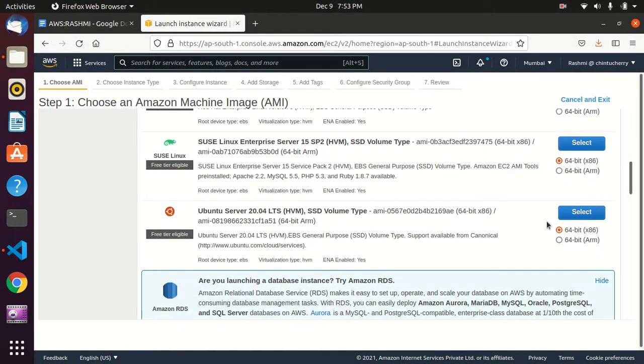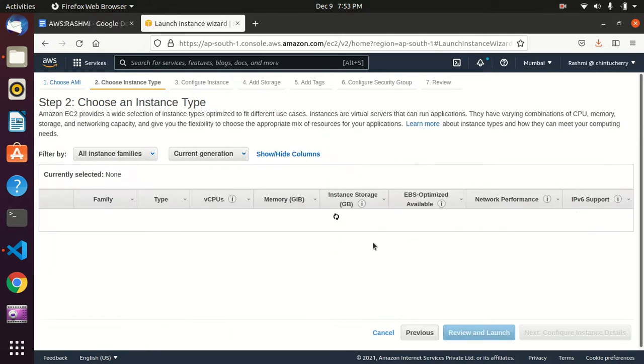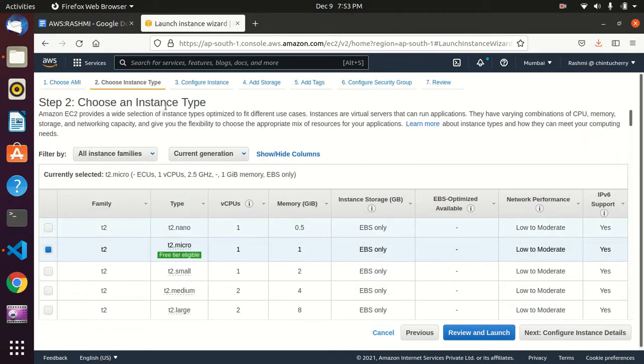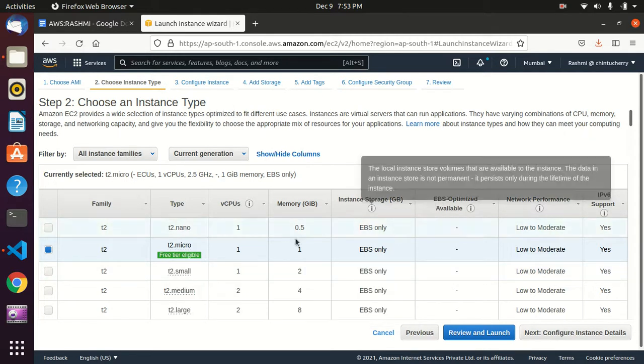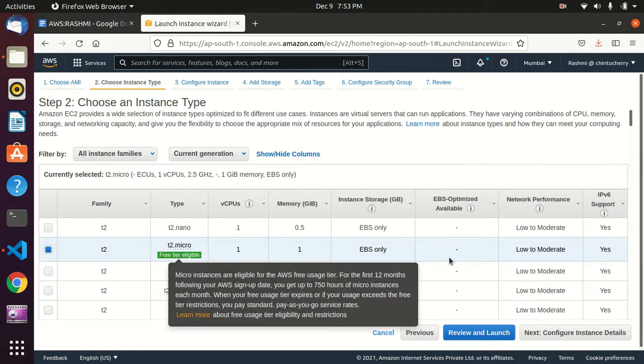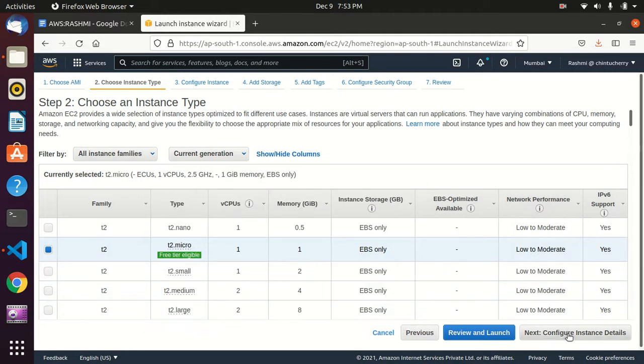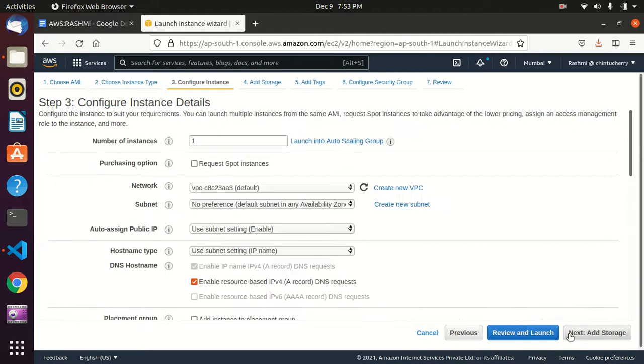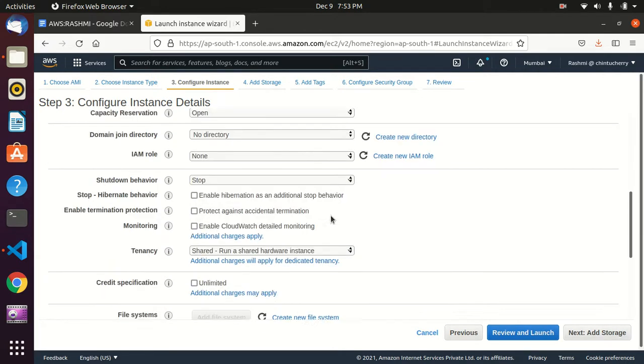We can select it, and then in the second stage we are taking the instance types. It is based on the size you can use. It is a free tier, so I'm choosing it. It is inbuilt there, so we can just go to the T2 micro, and then here in number of instances you can select it, and also the VPC, virtual private cloud. But I'm taking the default one. I'm not using any private virtual cloud. All these things you can just take as the default one.